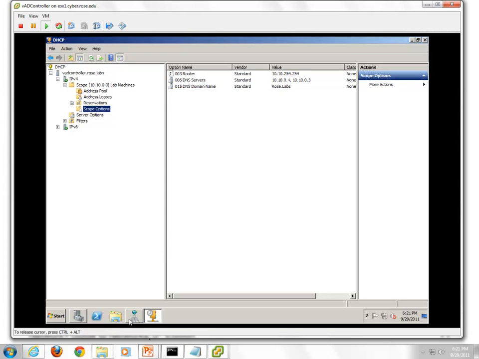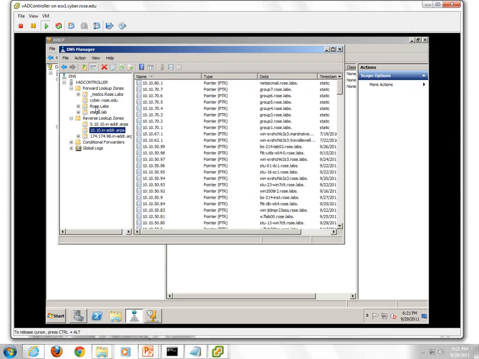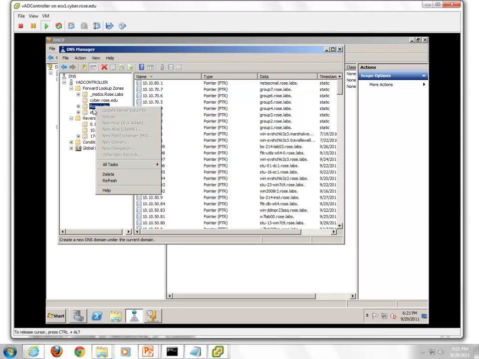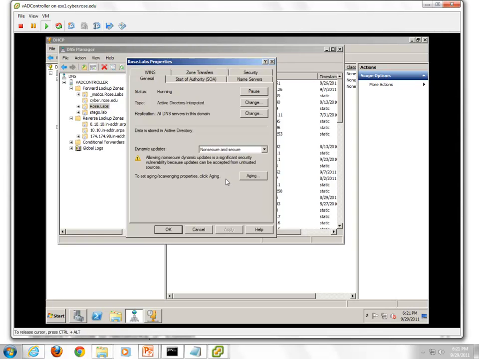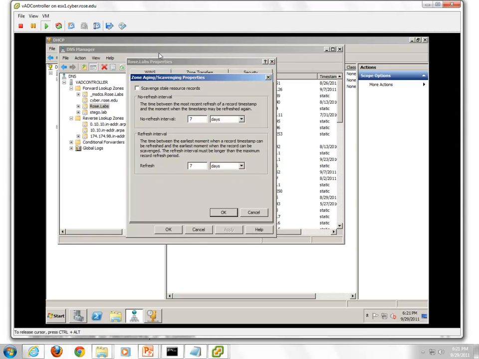I want to look back at DNS for a second. All right, there's a button in DNS called aging, which we're not doing, but now we are. What aging does is, the book's not going to talk about it at all, but it's kind of an important feature. With aging, we can set up scavenging. Scavenging is going out and deleting the old records. Windows does not enable this by default, and it drives me bananas.